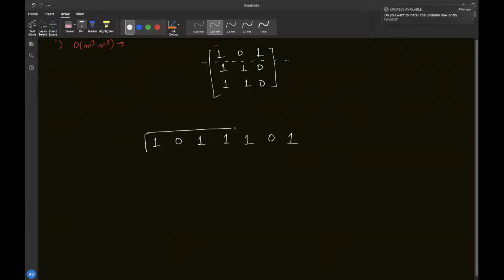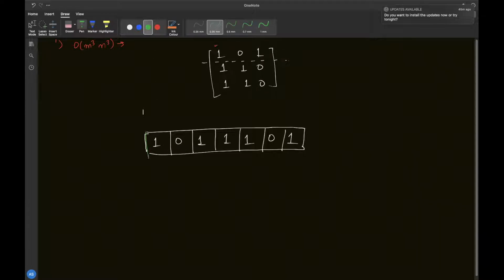This is the array that has been given to you, and I ask you to find all the rectangles that can start from every element taken as a top left corner. So let's see how we can find that.